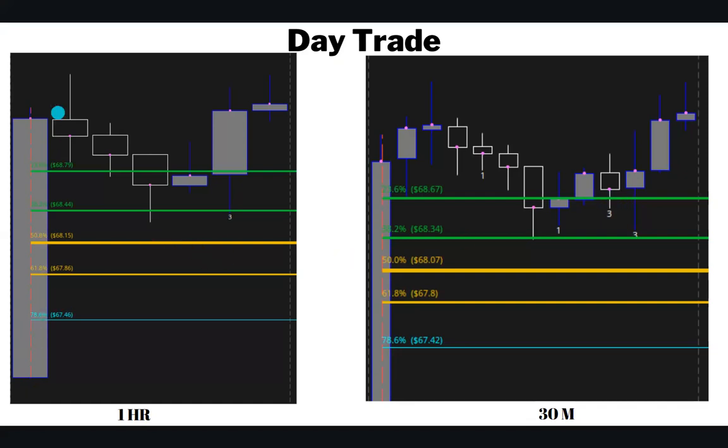Now, if you're already in this play, you see price respecting your 38.2, so there's no reason for you to get out of this play. For me, when I'm day trading, I close out my plays when price closes below the 38.2, and sometimes the 50%, I'll let it get there, but it has to close below the level, not push. As you can see here with this candle, it pushed below the 38.2, but it did not close below the 38.2. And that's what the market does to play on our fears. It will push past the level and then it starts to pull back. So, knowing that, price has to close below that 38.2 and sometimes the 50% for me to want to get out of this play. And if price never closes below that level, then I am never getting out of this play,